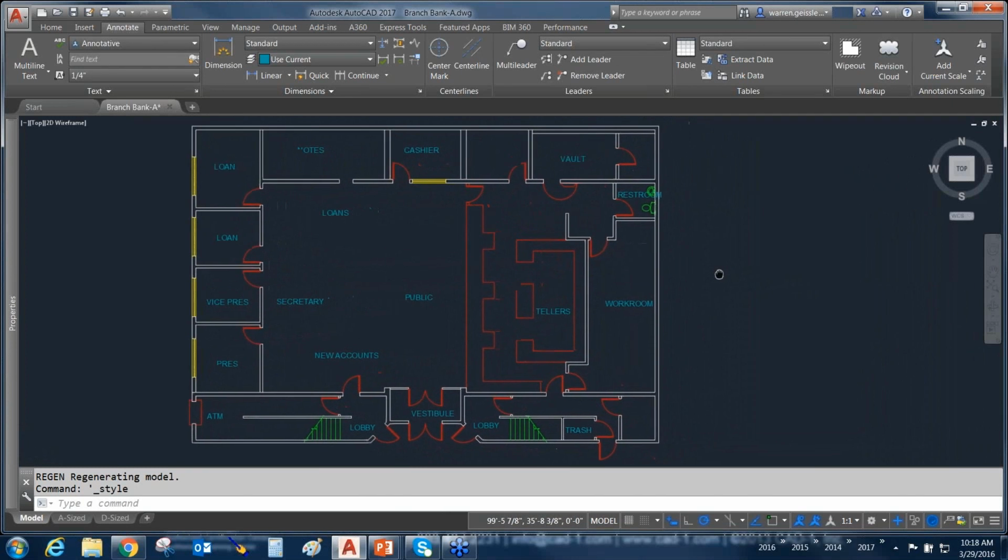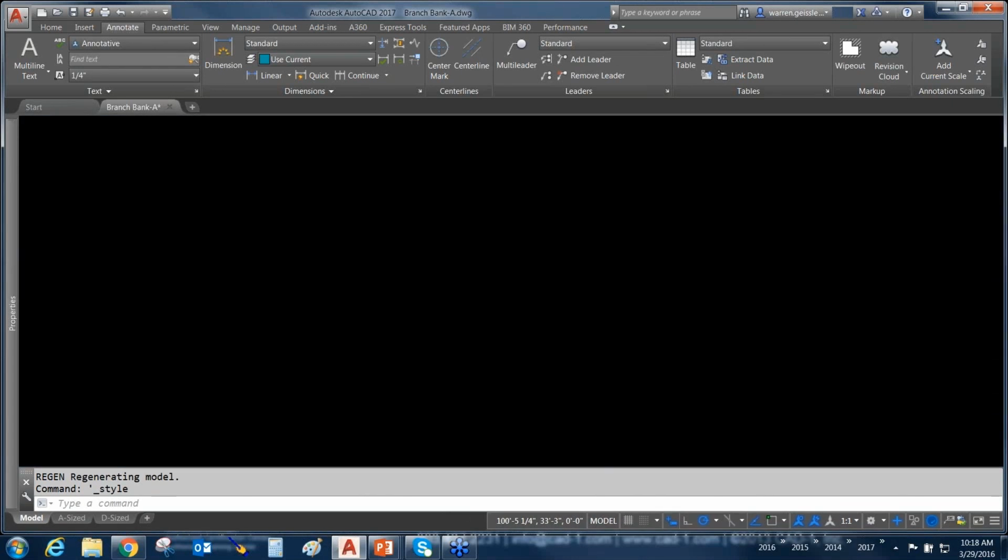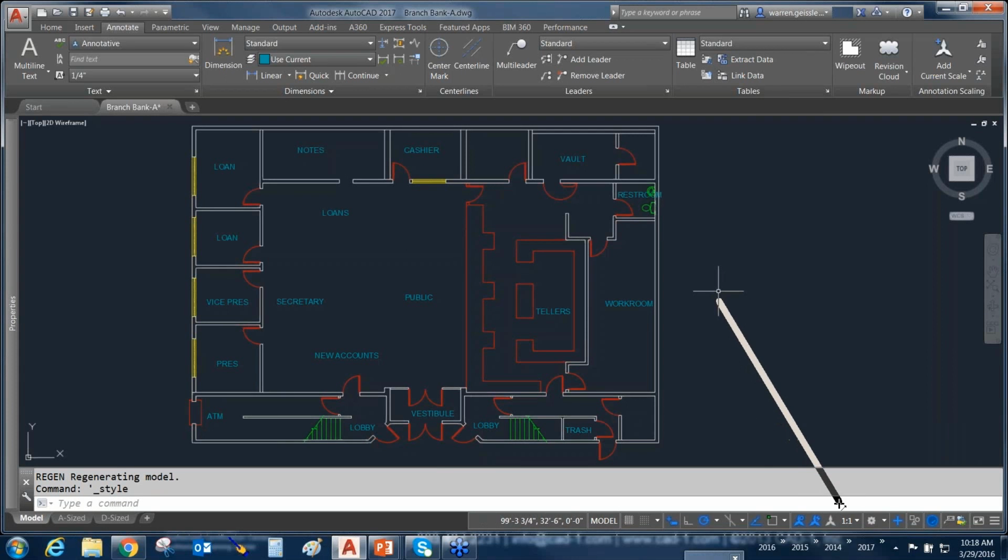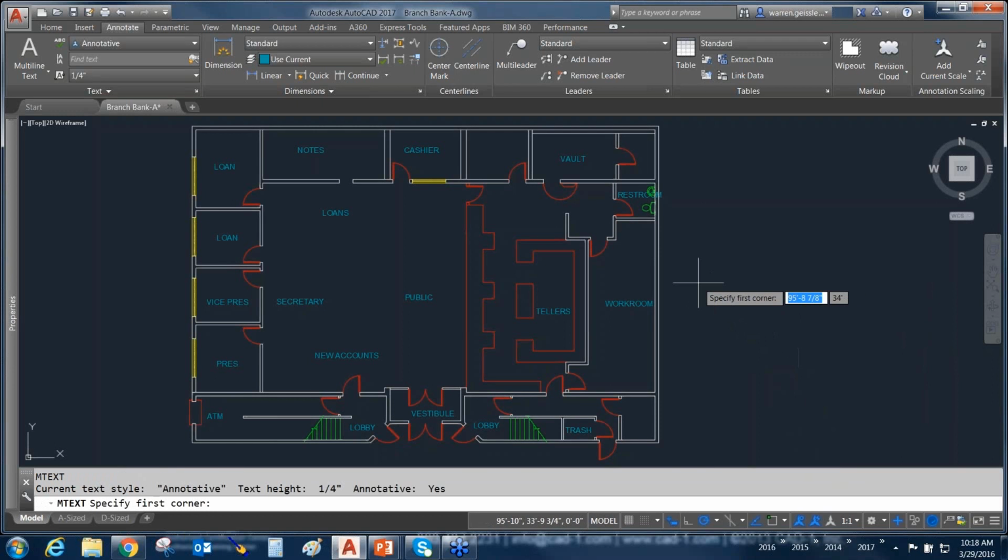Now, the key thing here when you're annotating the drawing is you've got to make sure that you set up an appropriate scale factor before you start annotating, because the annotation that you're drawing is going to come in at whatever scale factor that you've got applied down here. The default option inside of model space for all your scale factors in a normal drawing is 1:1 right out of the box, which means if I start drawing text right now,